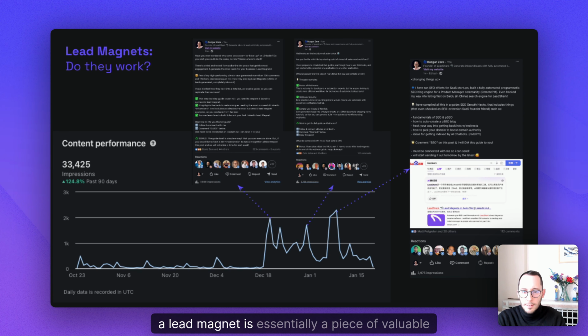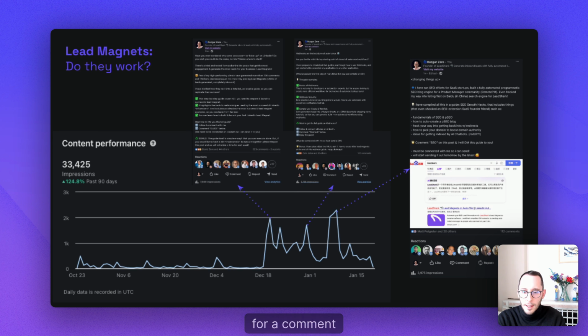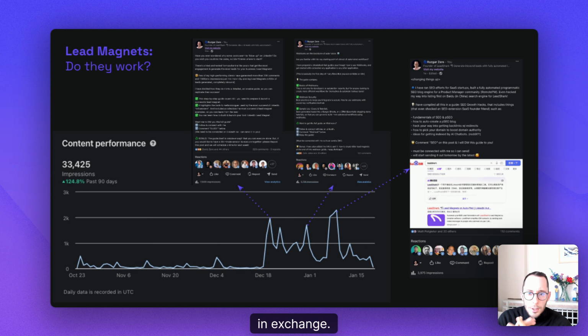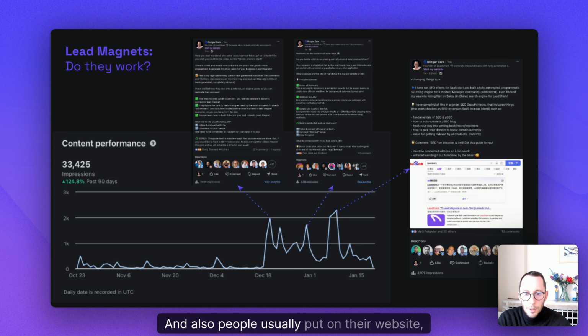A lead magnet is essentially a piece of valuable content that you give out to people in exchange for a comment or a reaction engaging with your post, or in exchange for their contact information. I'm sure you've seen these types of posts on LinkedIn where it's asking you to comment a specific keyword and you will receive a resource in exchange. Also, people usually put an email form on their website, and in exchange, you receive a report, an analysis, or